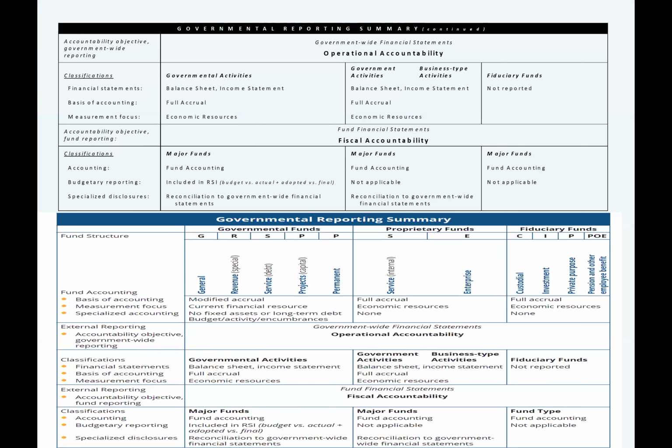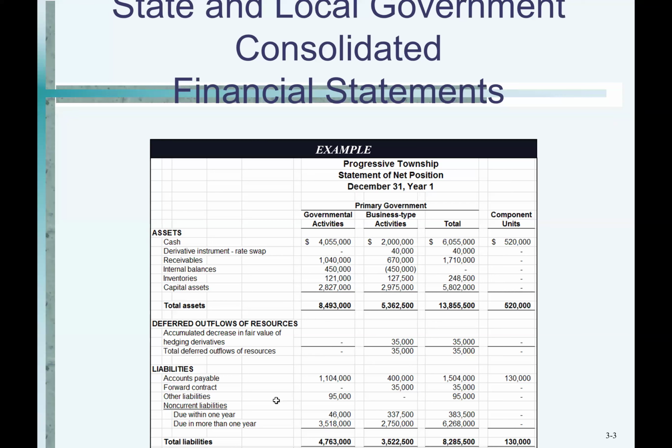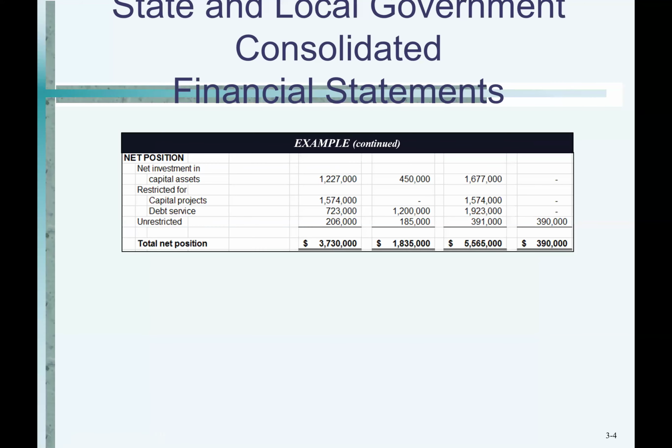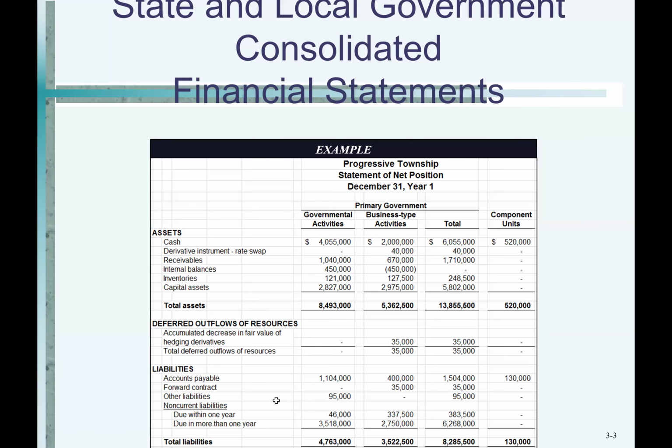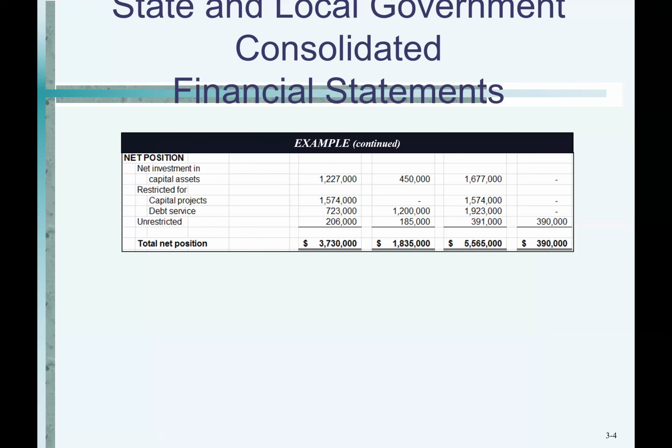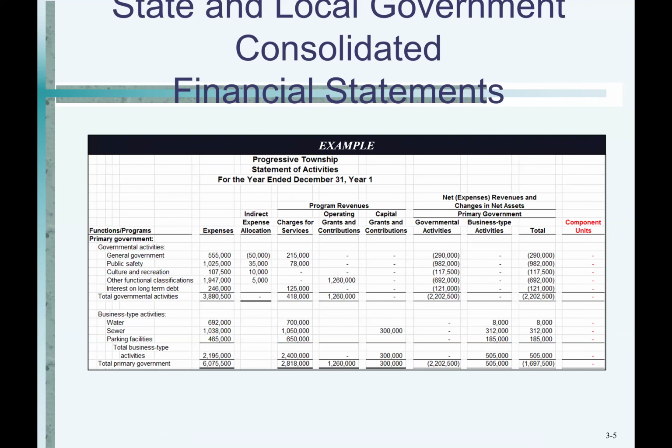Okay, good. Now, guys, I'm going to just quickly remind ourselves as to what the financial reports look like, focusing on governmental funds. That's where we're going to be spending our time. So we have the statement of net position, government-wide. And then coming over, I had to put it on 2 different slides, we have our net position. And then we have our statement of activities, government-wide, and where we're really going to be spending our time tonight